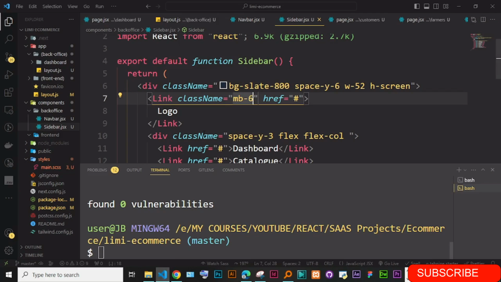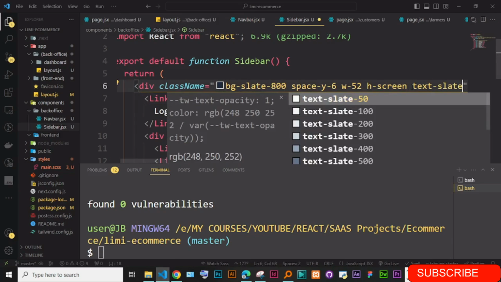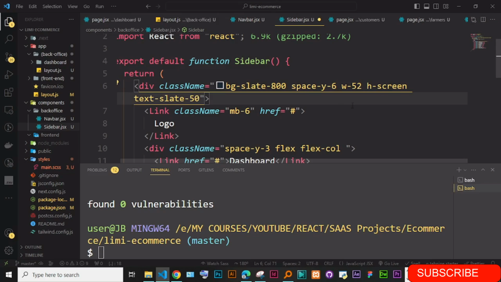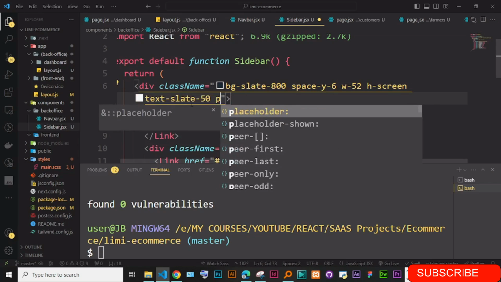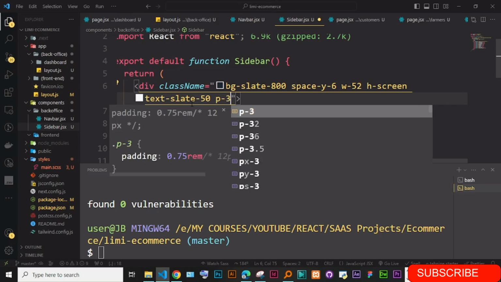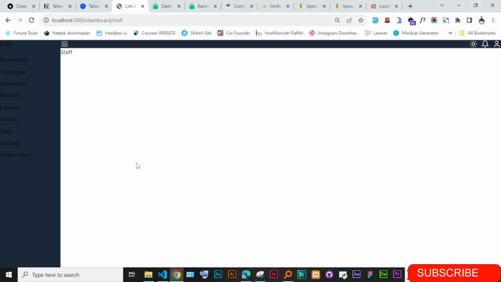Okay, so we could also go ahead and say text-slate-50. And you could also give some padding, maybe of 3. So far you can just work with that. So yep,